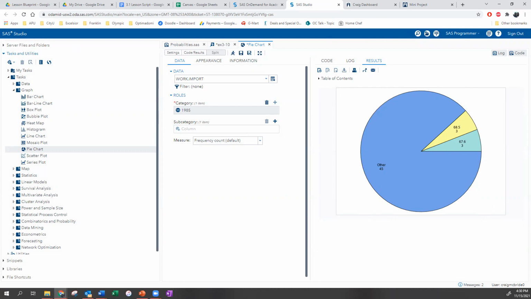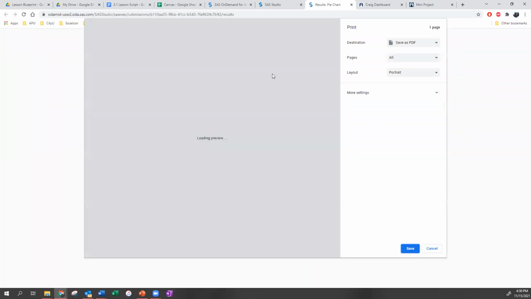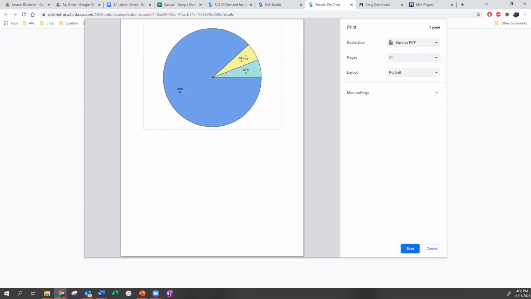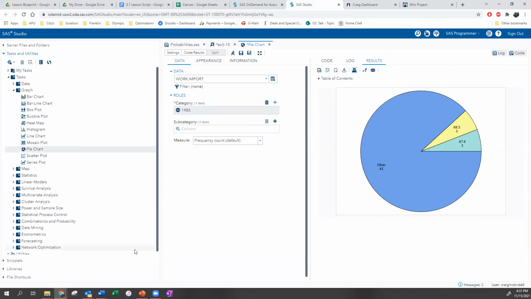Because if you take a screenshot of the whole screen and put it in your Word document, it's going to be too small for my old eyes to be able to see it. So just take a picture of this. If you go up here, I think it's this one, if you do print, then you could do that. But even that's going to be too big, right? So the best thing to do is to just do a screen grab.